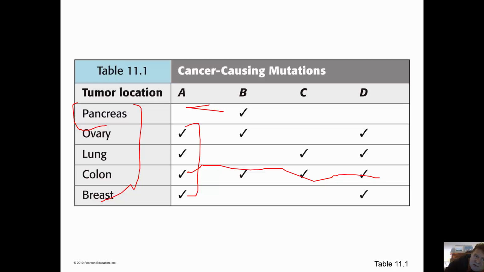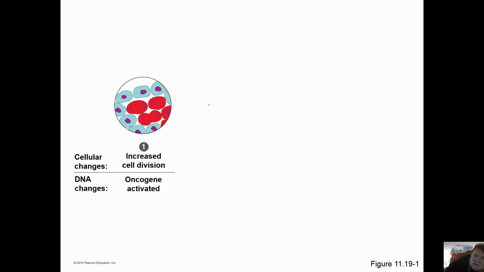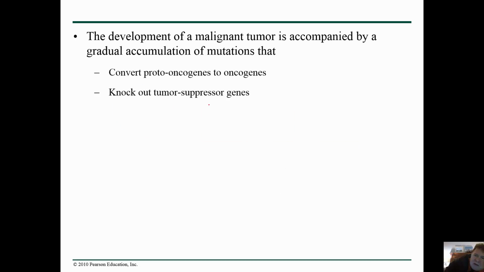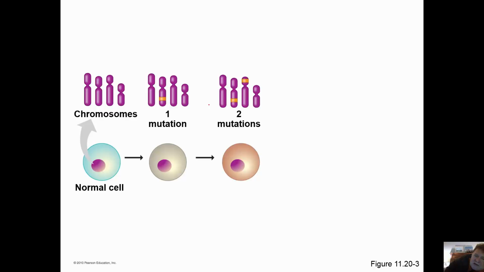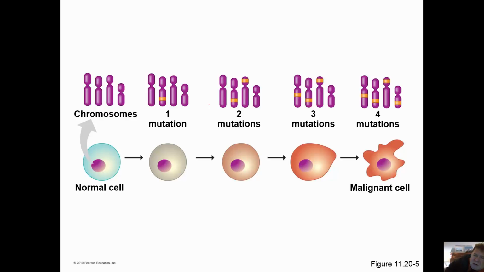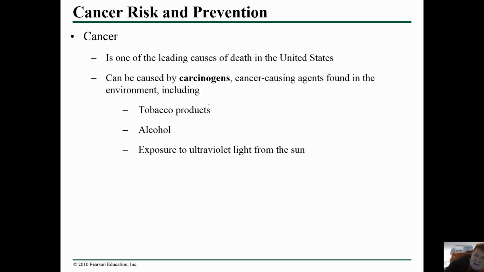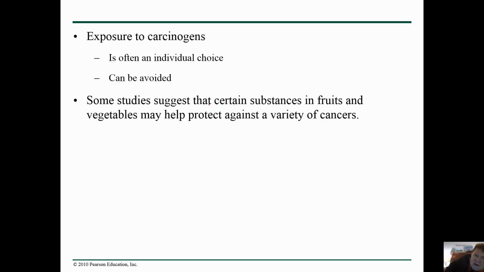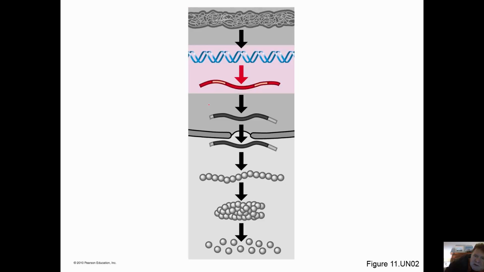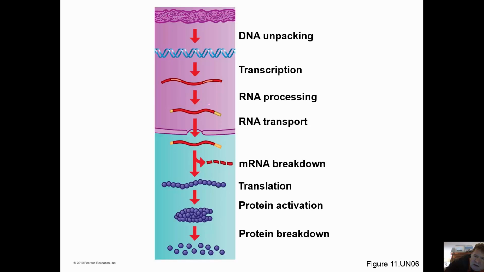Because nowadays we can do sequencing of our genes, of these structures here. We can look at those particular mutations. And so again, looking at colon cancer, we can see what it was. And this one here is looking at colon cancer. When we look at colon cancer, it's a series of mutations, 2 or 3 mutations that are required to produce a cancer cell, not necessarily one. And so it's our exposure to cancer-causing agents, carcinogens, that cause cancer, and not necessarily other things. And this is a list of all the different cancers that we have in here. And so that's basically what we have. And I will